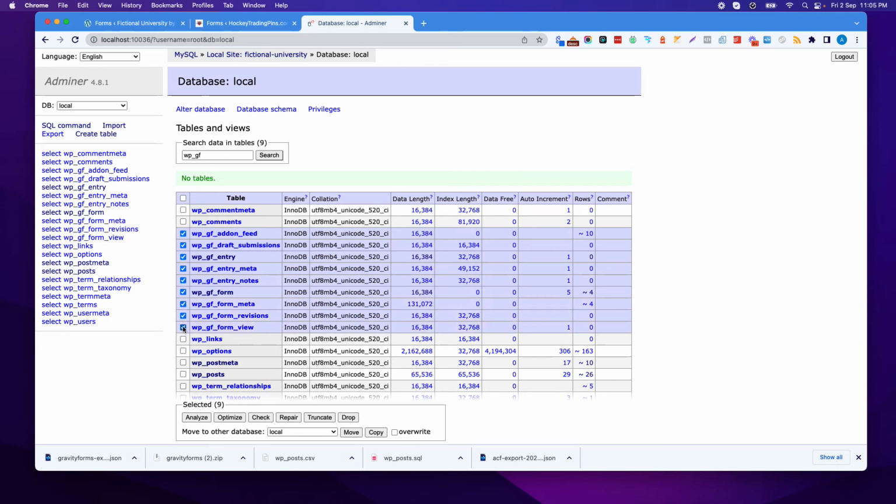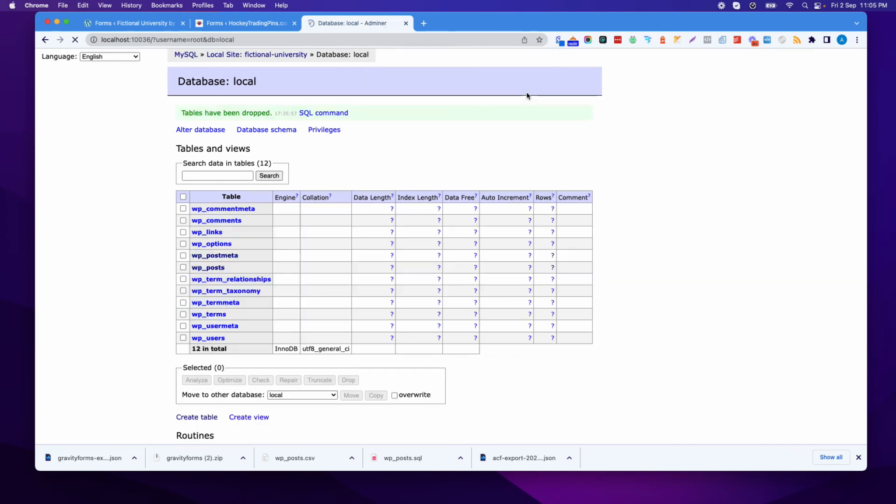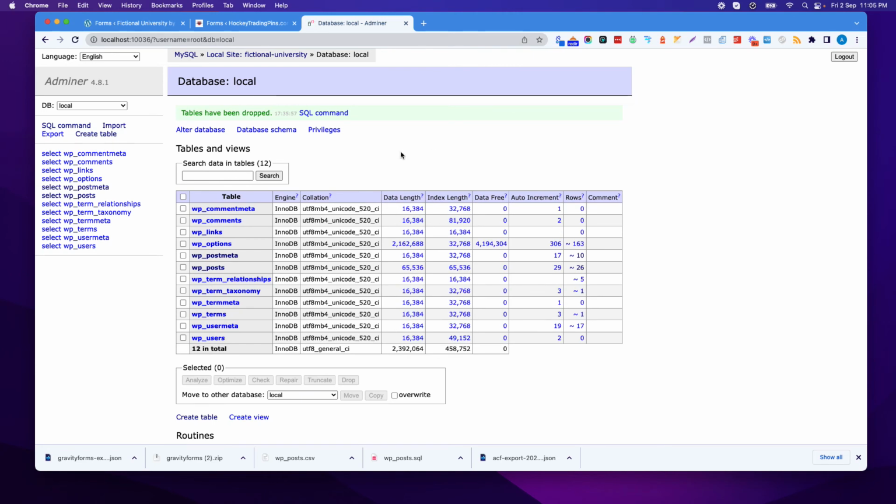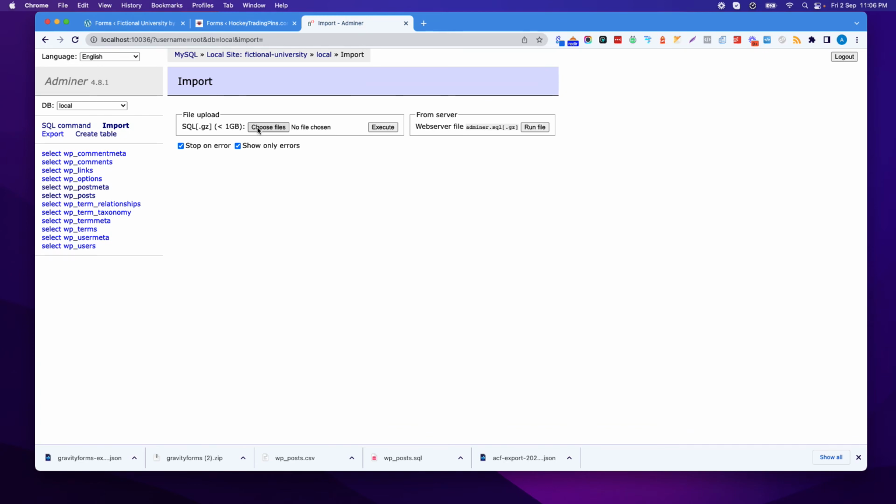Okay, so you have 1, 2, 3, 4, 5, 6, 7, 8, 9, and then you had 10 there. So I am going to drop this table, and dropping the table means deleting the table. I'm going to drop this table, and it says, are you sure? Yeah, I am sure what I'm doing, I know. And now if you import the SQL,